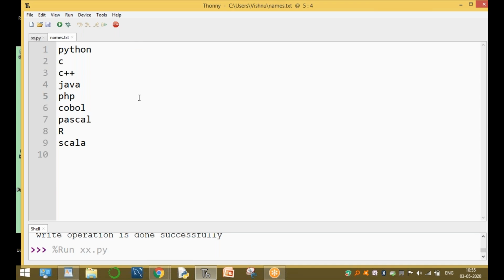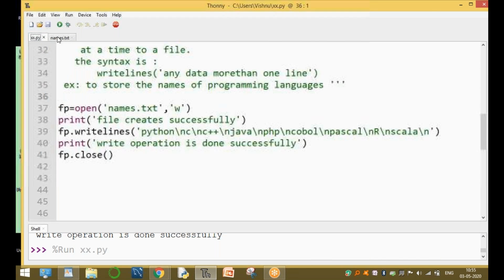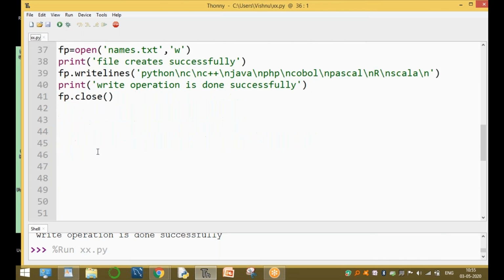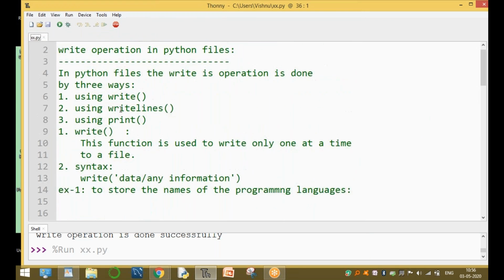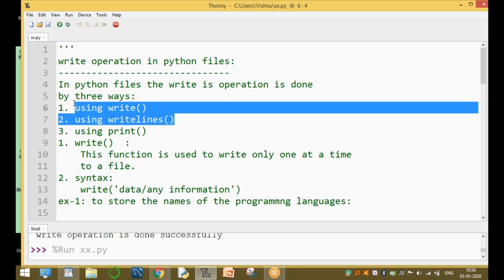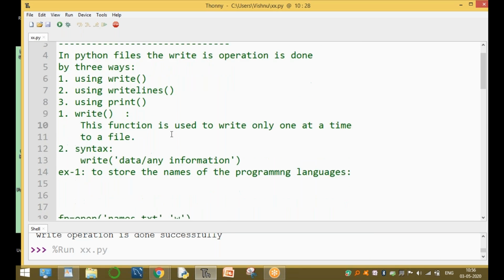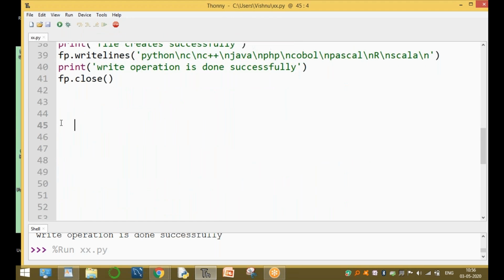Clear, guys? Now this is the file program using the write operation. And one more, there are three ways. Already observed this one. One more is by using the print function. The third one is the print function. This is a very important function.